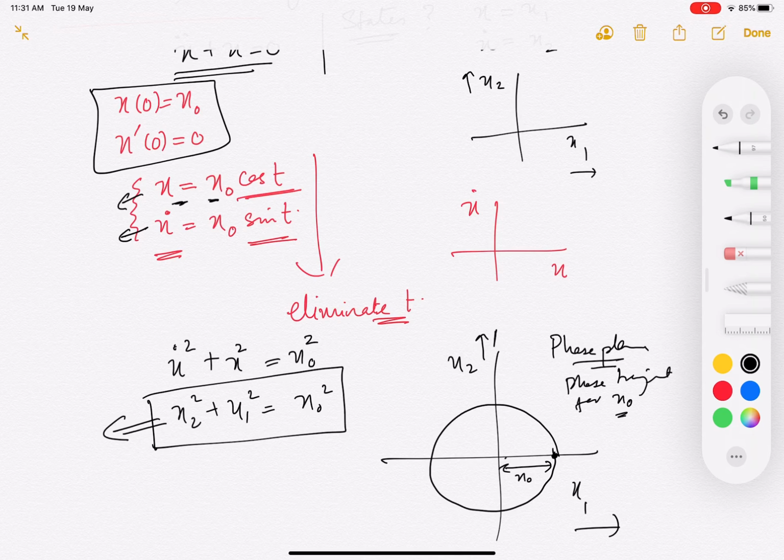So you move in the direction of reducing displacement and increasing velocity. If you start from here, reducing displacement, increasing velocity, the direction would be this. You'd say it could also be this, but you have to see that